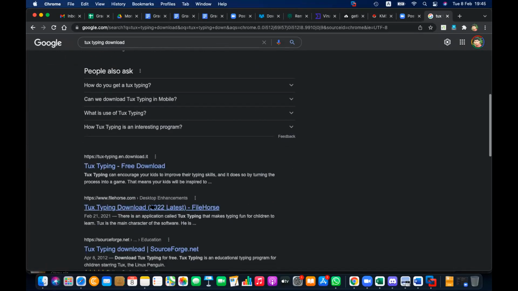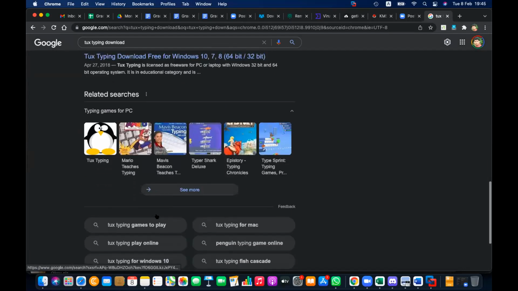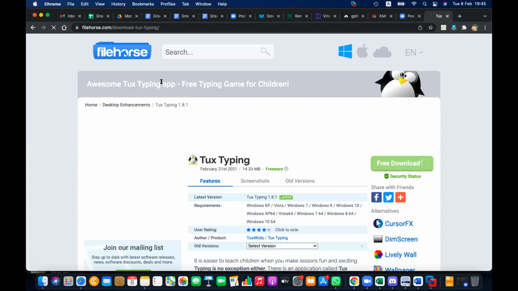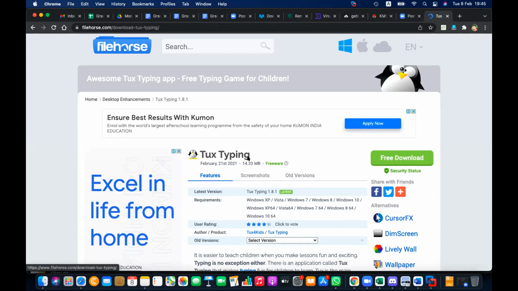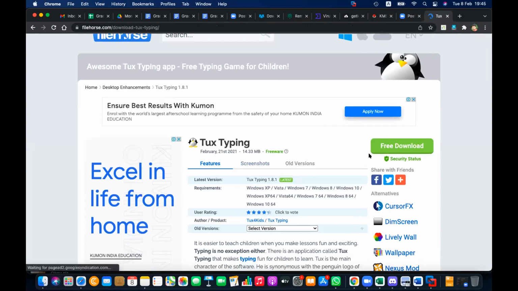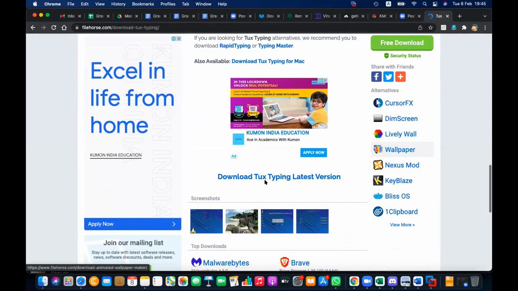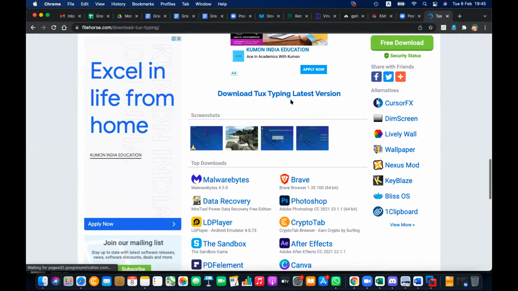Okay, let's say you go to this file host or some other link. When you go to this website you can see a lot of downloads here: Tux Typing free download. When you move down, there's download Tux Typing latest version, download Tux Typing for Mac.